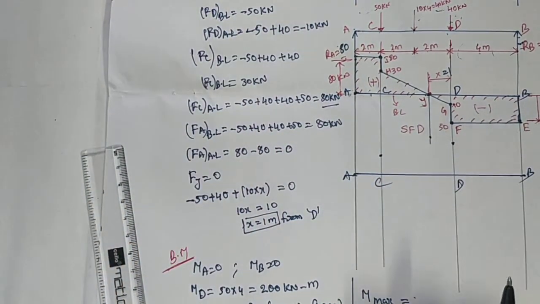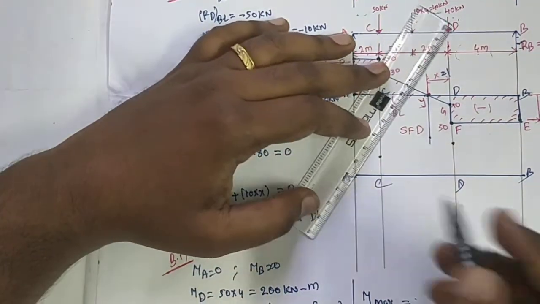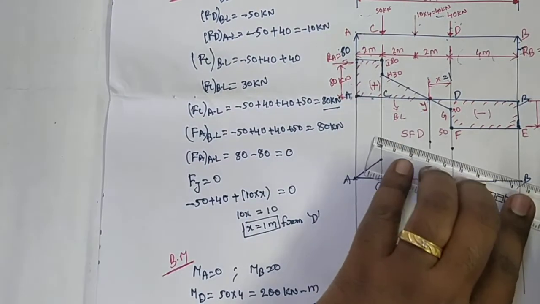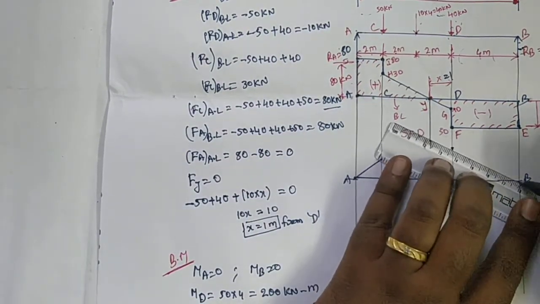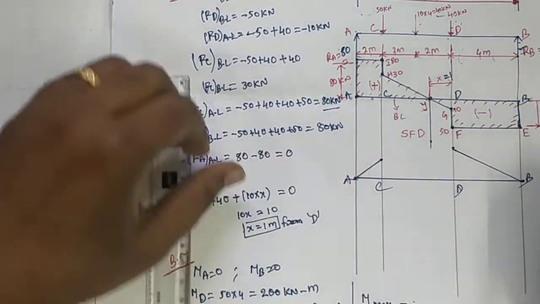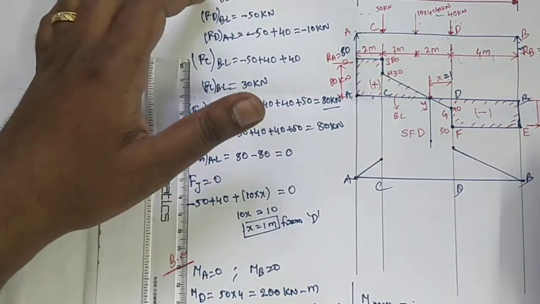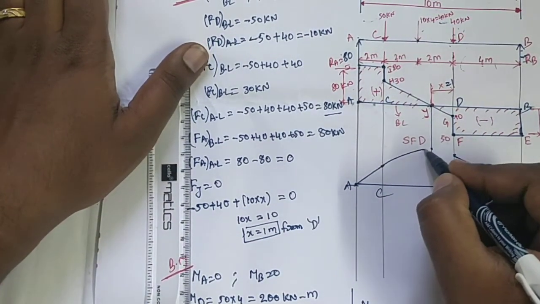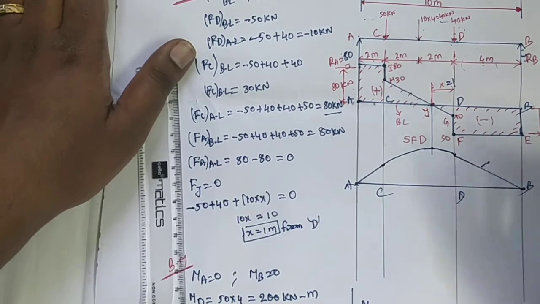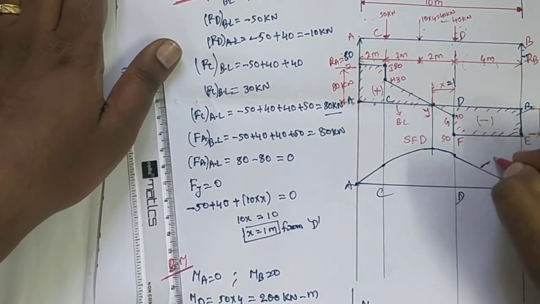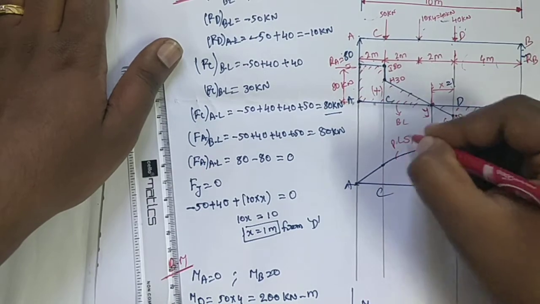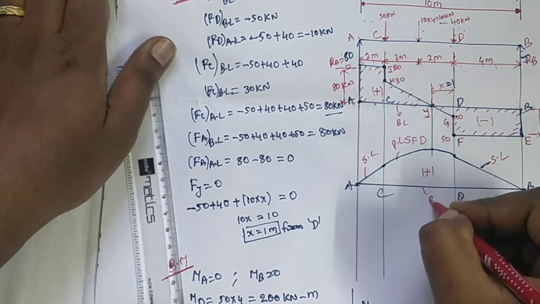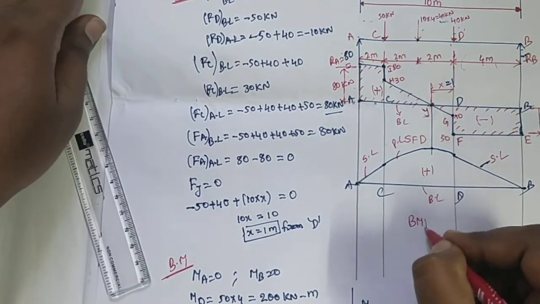Here from A to C there is no load, so that the variation of bending moment from A to C is a straight line. Similarly, B to D is also a straight line. Next, from C to B the load acting is UDL, so that it can be drawn as a parabolic curve. It is a straight line, and this one is a parabolic curve, and this one is a straight line. It is the positive value, and this one is baseline, and this one is the bending moment diagram.